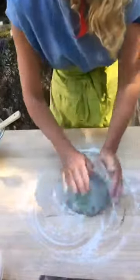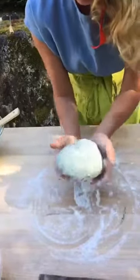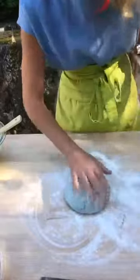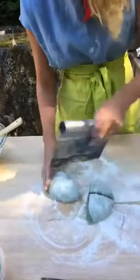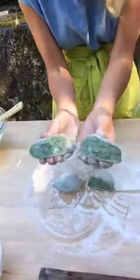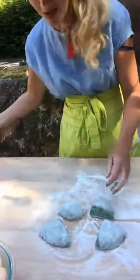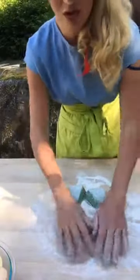So once I have my nice beautiful gnocchi ball there, you can see it's kind of soft and light. It's not a big dense piece of pasta dough. Then we are going to cut that into quarters. If you look on the inside of those quarters, that beautiful color is still in there. So this is going to be our resulting gnocchi color and texture. And then each of these quarters gets rolled into